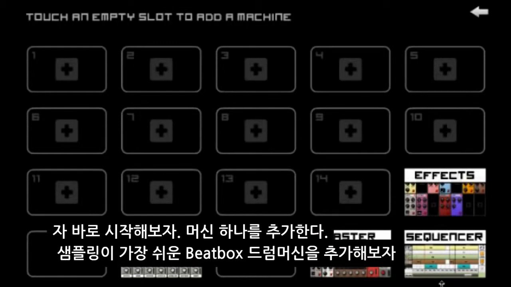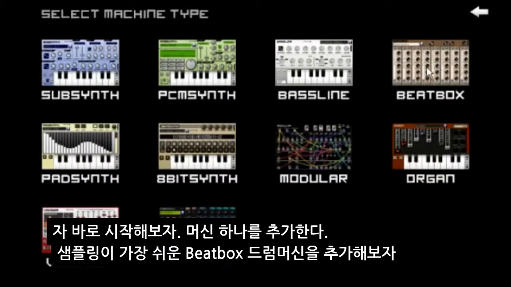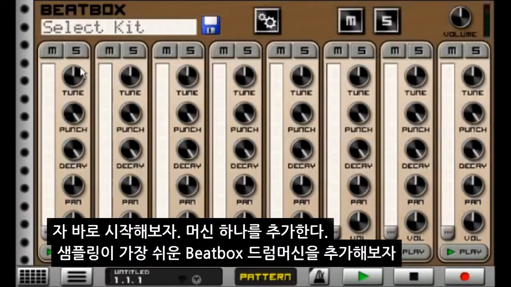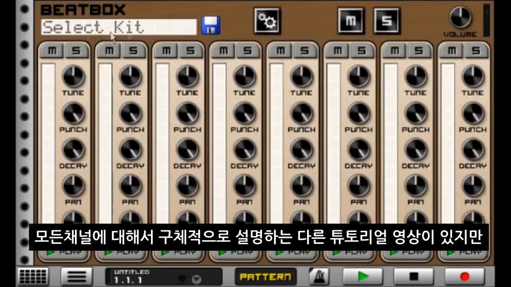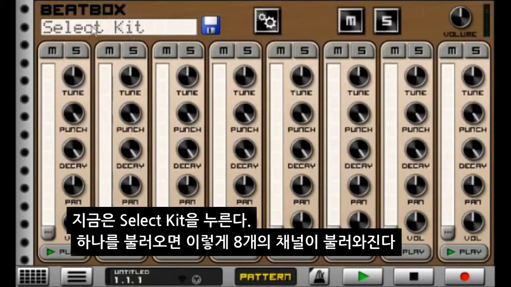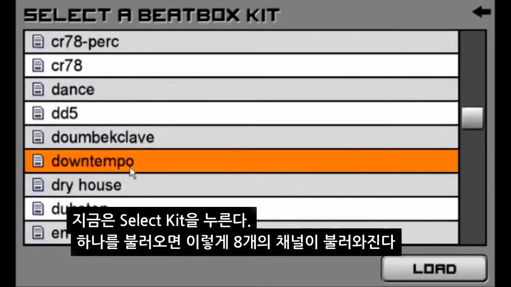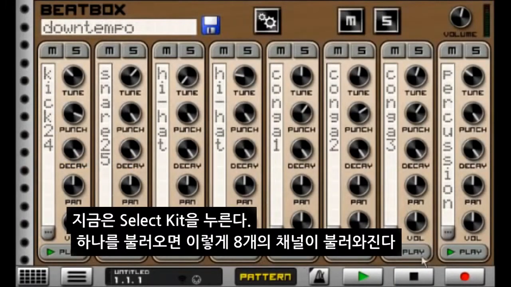So let's get started right away, and we'll add a new machine, and we'll start with probably the simplest machine to start with, which is the beatbox. It's a simple sampling drum machine. There's a video tutorial that explains all the specifics of the channels and how the knobs work, but for now I'm just going to select a kit, and that loads up my 8 channels,